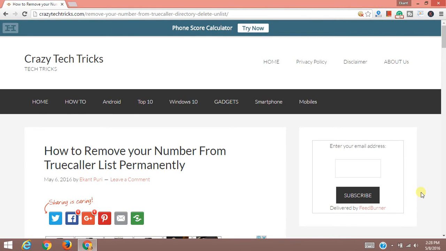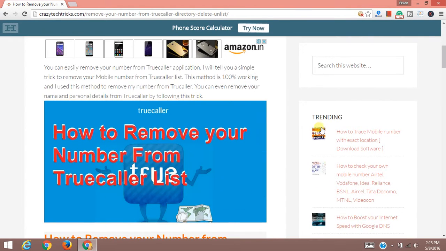These days people are really insecure about their privacy being shown on the internet, and one of the software that really reveals all your personal details to any anonymous person is Truecaller. Truecaller provides you the number from which you are getting a call. It also tells you the personal information of that person, from where they are calling you. It provides you the name, details, and email IDs.